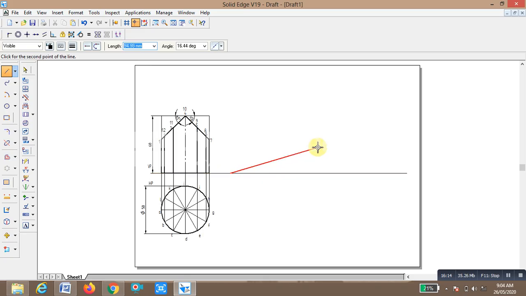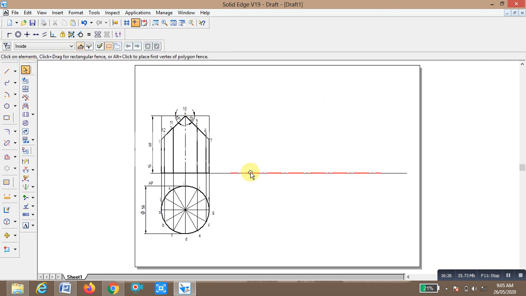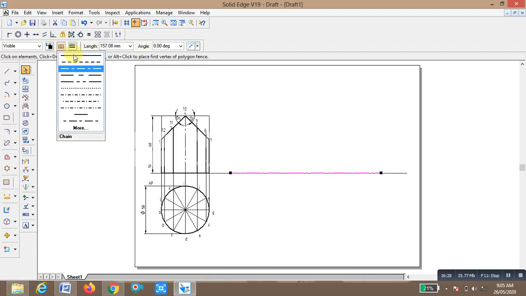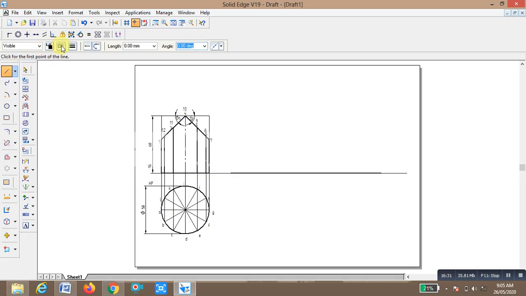Now I want to change this line. Already selected chain type, I want to change it to continuous. Again line, continuous type line. From this extreme end we select thin lines. Later we make the retained portion bold. Height of 60, enter, 90, enter. Then 157.08, enter, angle of 180. Again you close this at this point.